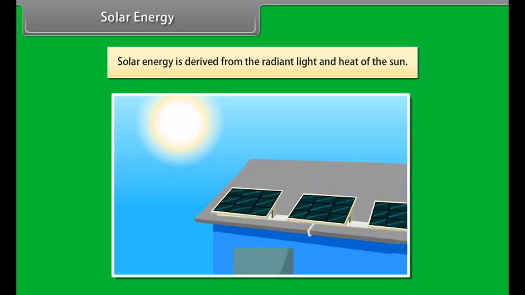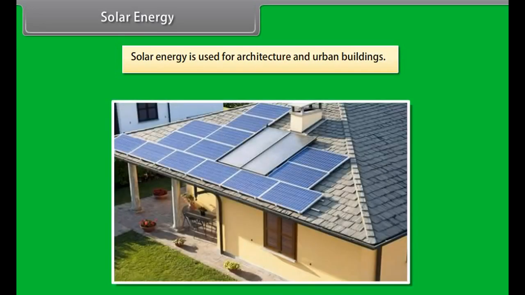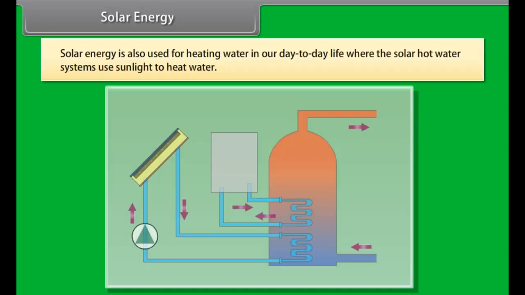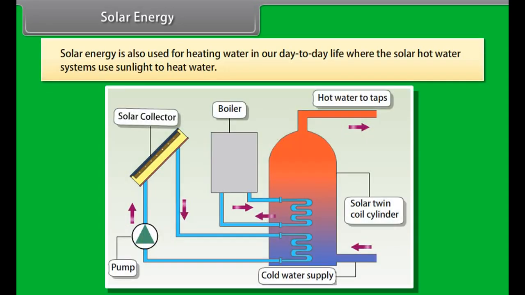Solar energy. Solar energy is derived from the radiant light and heat of the sun. It has been used by humans since ancient times for a range of technologies. Solar energy is used for architecture and urban buildings. Solar energy is also used for heating water in our day-to-day life, where solar hot water systems use sunlight